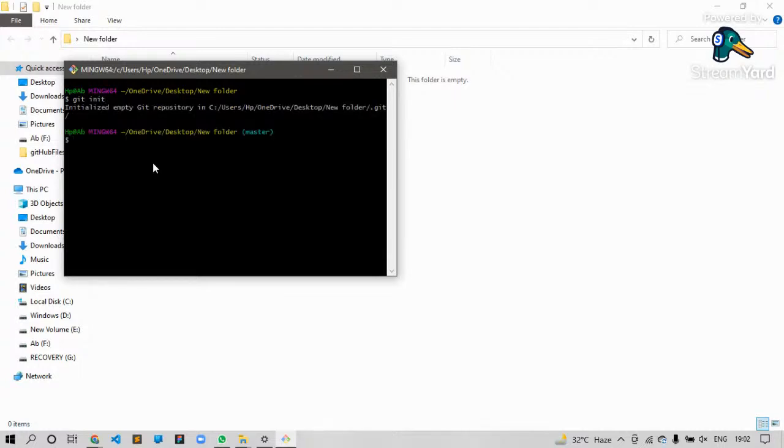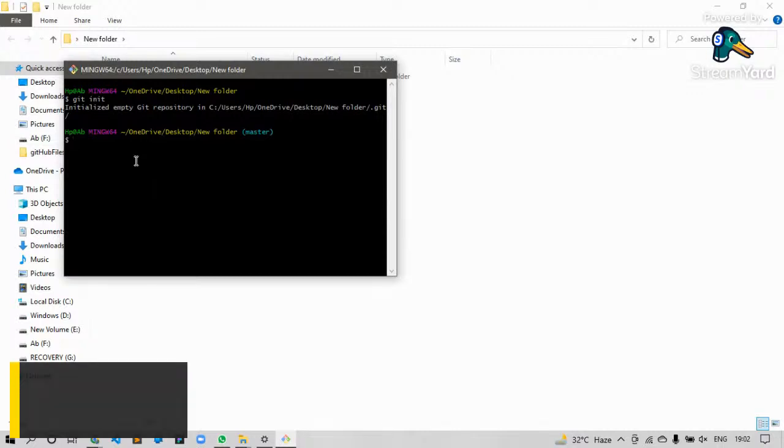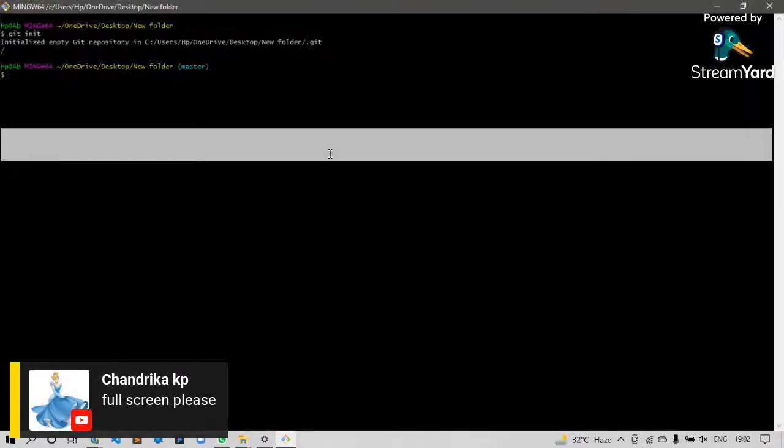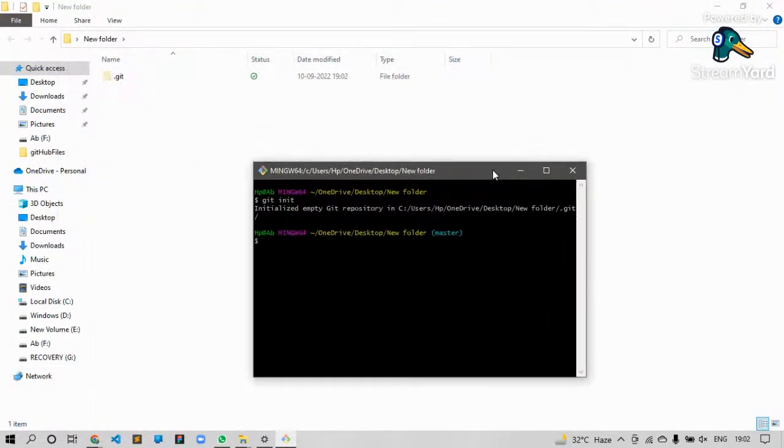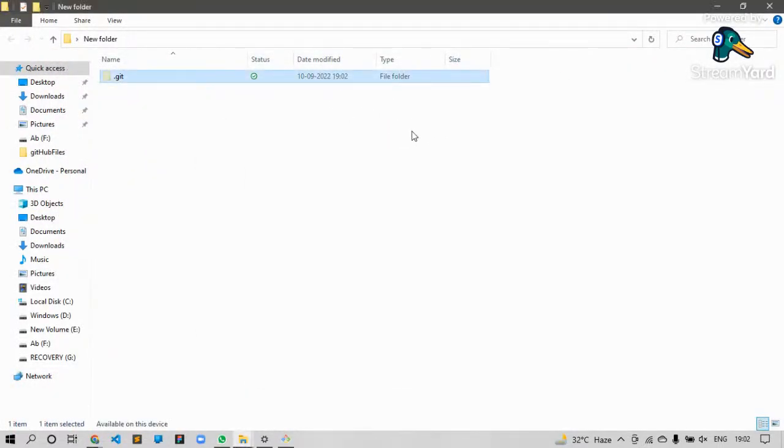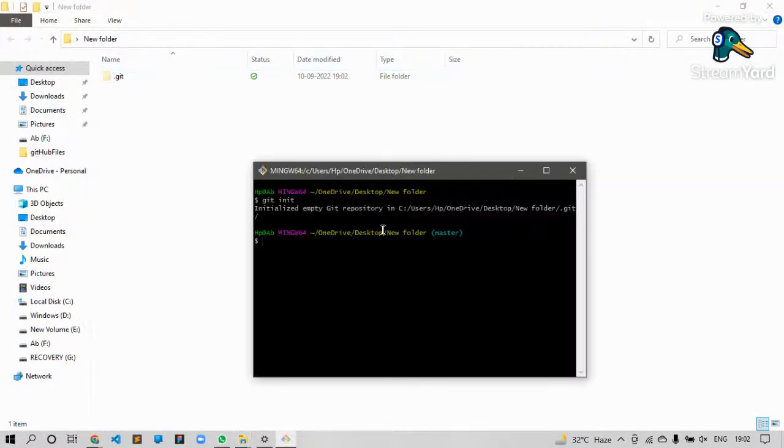Okay, once he pressed enter, see, it says initialized empty Git repository here, and if you look at the folder, it will have your Git repository present. Can you show them the folder structure once, and also see the .git folder gets added here? Step one is done. After that, let's just create one index.html file here,